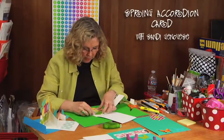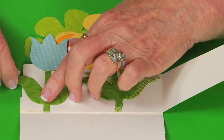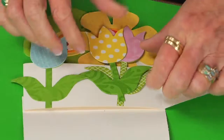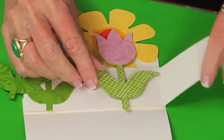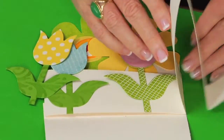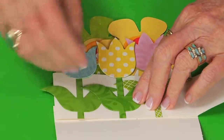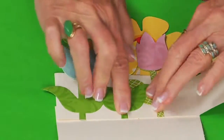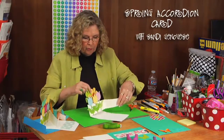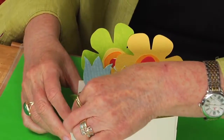So if I do that with this one, I'll go ahead, place the flower so that it's flush with the bottom, and I'm going to go back and trim off that end, and then I'll place the pink one so that it can fold, and I want to make sure that I don't go over the fold line. Press that down, and then this one will just go in between the two. You know, I don't ever stop to put as much adhesive as you should. I just want to make sure I can build it so you can see. So there is this layer. Now if I close it, you can see the next layer is going to go right here,